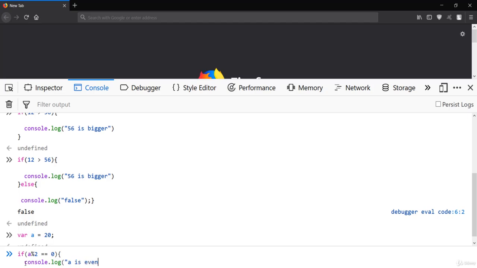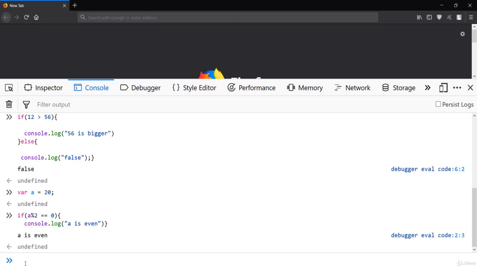So a is even. In this case you can simply see a is even, because a modulo 2, which is 20 modulo 2, gives us a remainder of 0, and 20 is obviously even.